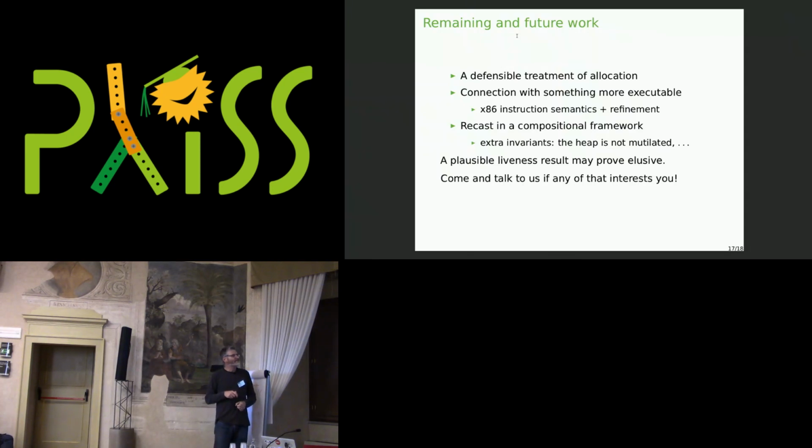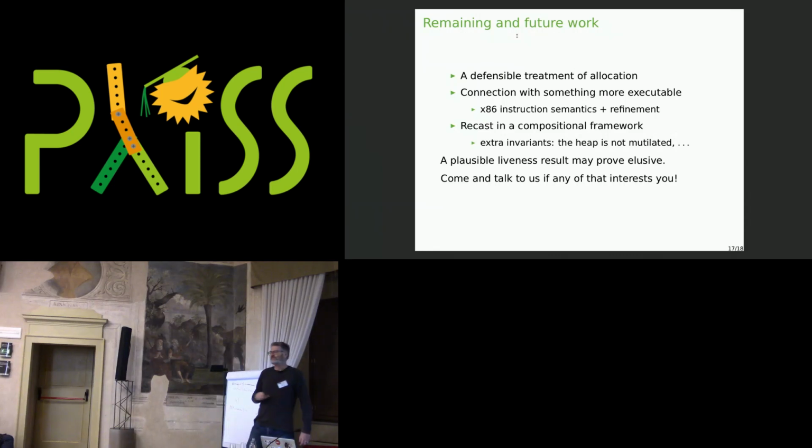So, yes, I say here something more executable. It's not clear that we're going to get there. I've been waiting for the last 5 years for the memory model people. I can name names. There are at least 3 or 4 groups in the world who are working on memory models. They crank out at least 2 papers a year on the latest variant of memory models and operational semantics, axiomatic semantics, supposedly compositional semantics. I don't think we've got to the point where we're actually going to have something that's executable. I'm not even clear that we're going to have something that's compositional, except insofar as we can have abstract and then refine down to more